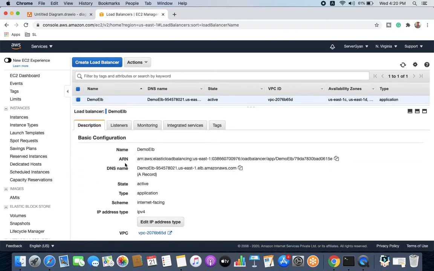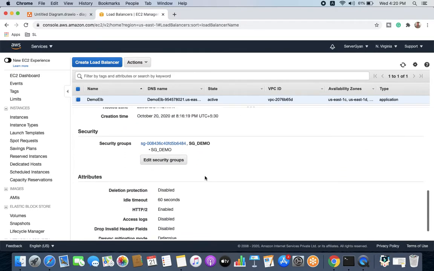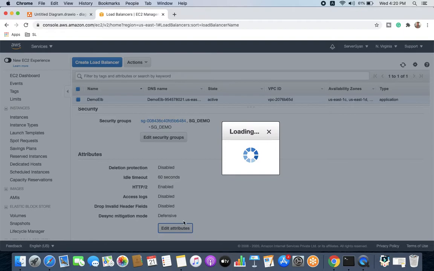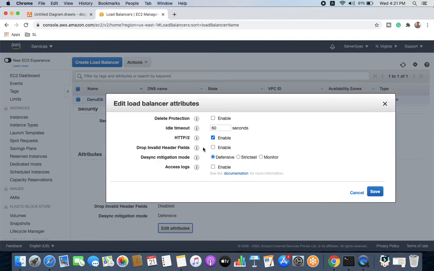This is the description of the load balancer: name, ARN, DNS, and other components. Although I could have told you in a simple manner, I would like to take you to the particular place where we can enable it. Keep this in mind: by default, HTTP2 is enabled with the application load balancer, but if you want, you can enable or disable it from here. There are a couple of new options recently added, like deletion protection, which has been around for more than a year. You can enable deletion protection just like you used to for an EC2 machine. The same thing can now be performed for a load balancer as well.